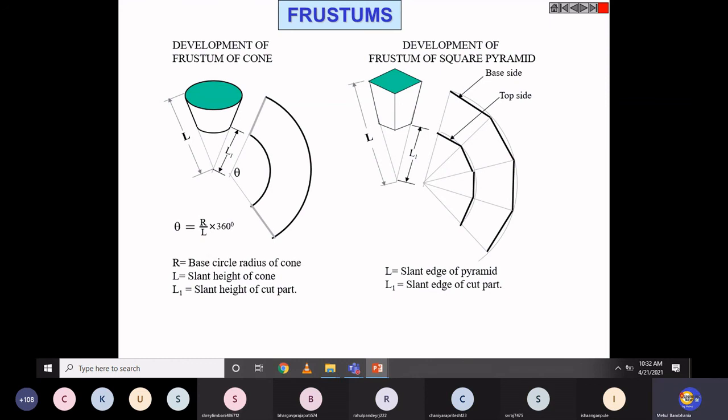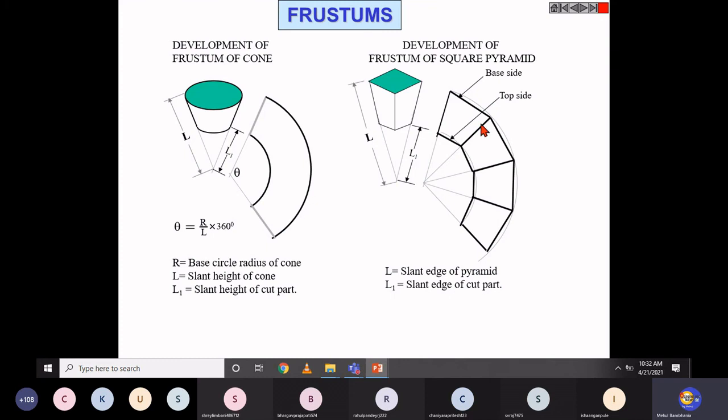Once you join, we know that this is the remaining part which we are unfolding. That means we are developing this frustum. So that developed part you have to highlight in this way, because this developed part only contains these edges, the longer edges or slant edges: first, second, third, and fourth. Initially these are construction lines, not object lines.